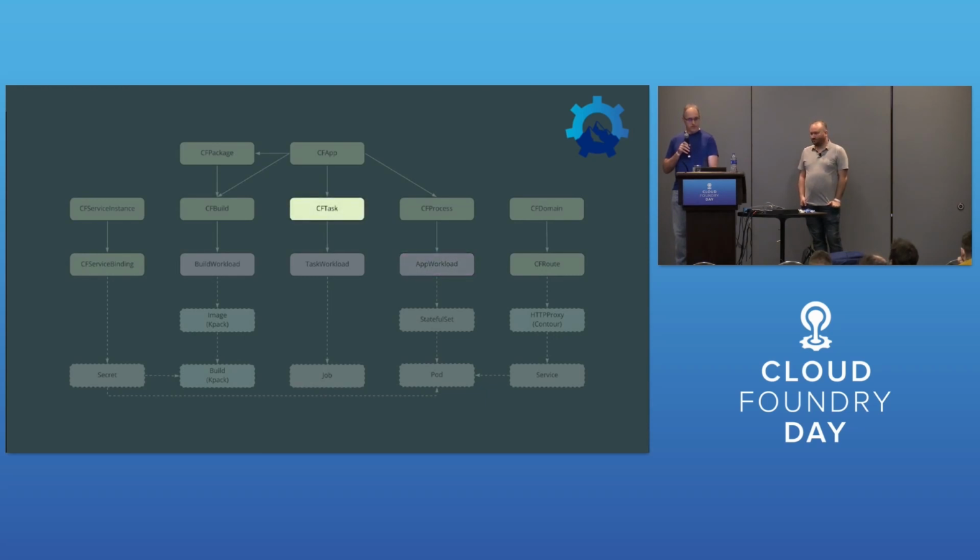It's also possible to run tasks related to an application. These are represented by CFTask resources, which are linked back to the parent application. They include the command the user specified for that task, which is then executed using the application's staged droplet image. The CFTask reconciles into a TaskWorkload, which is the last integration touchpoint. And again, this has all of the information required for someone to implement a task runner instead of using the default that's built into Korifi.